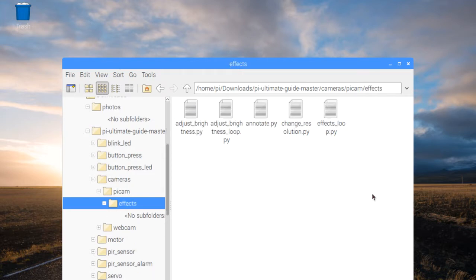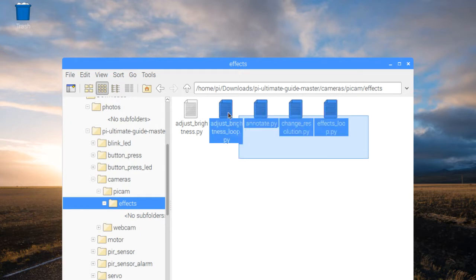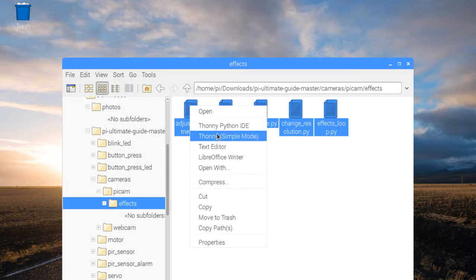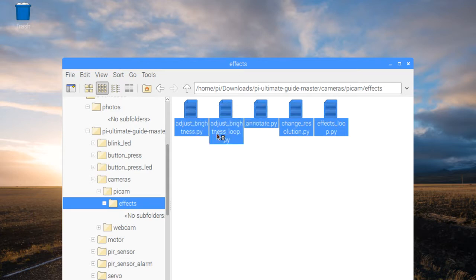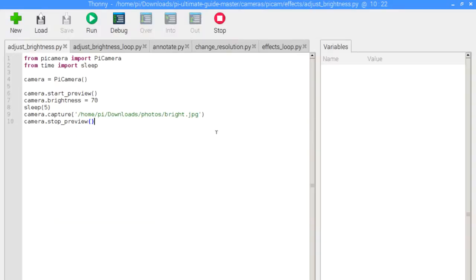what we want to do, let's open all of these up at once, and that way we can run through them and talk through them in the Python IDE. So you can select, left click, drag and drop, and select all those files, and we're going to right click and open it up in the simple Python IDE. Once these are open, we're going to execute them one by one. So the first script is